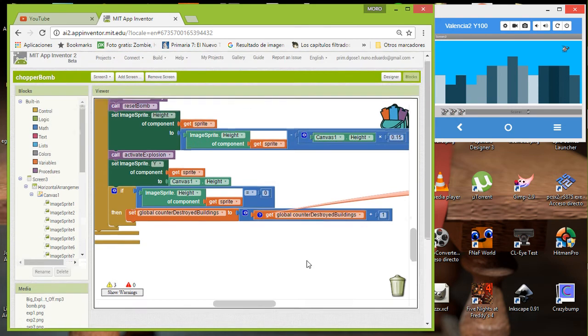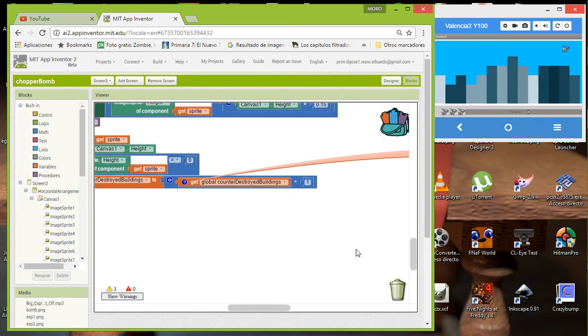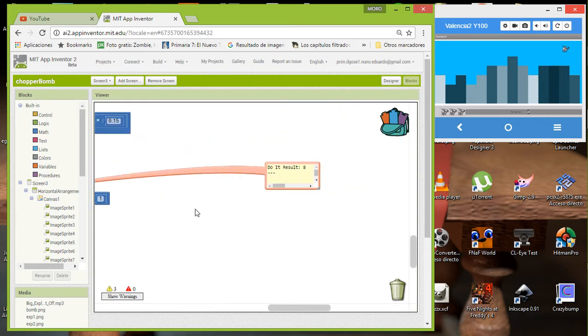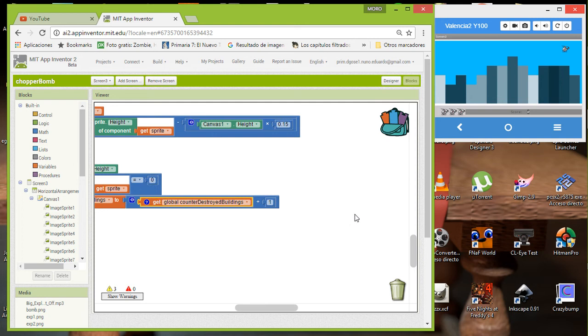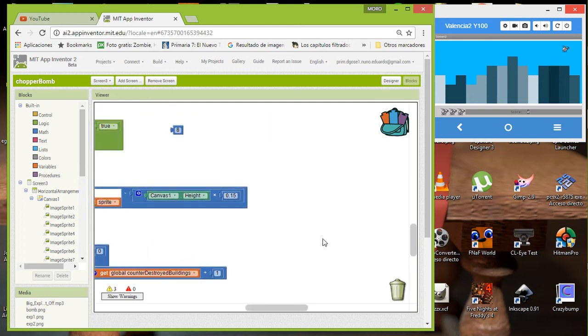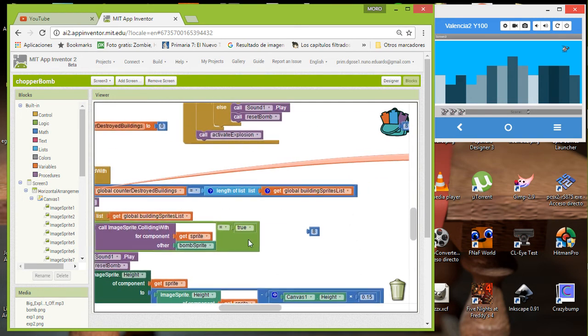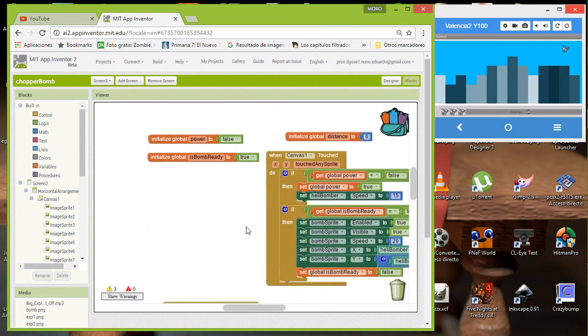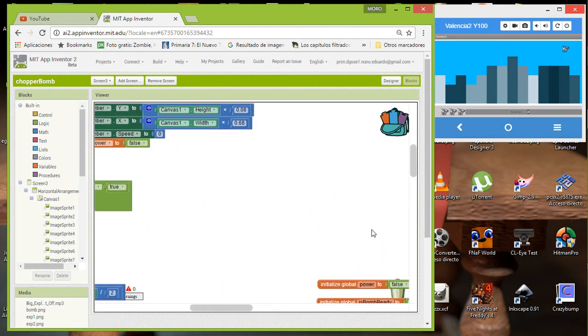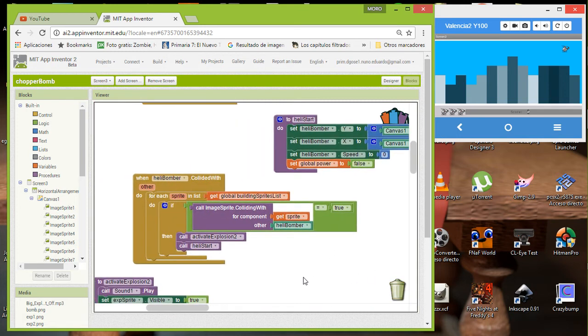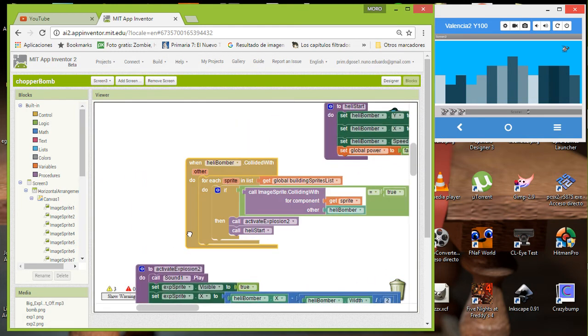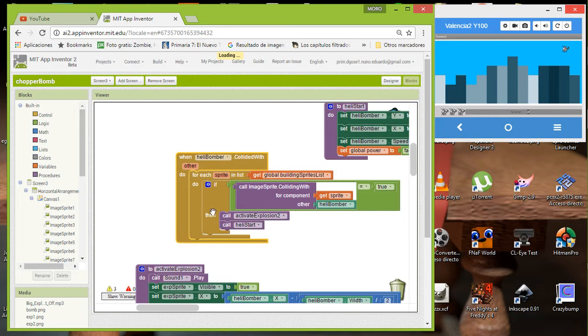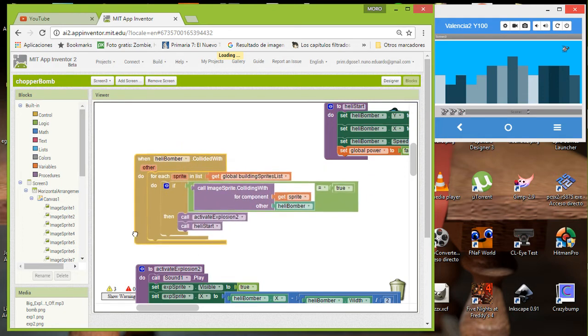And now we are going to start thinking about how to make this thing about lives first. So we're going to lose a life every time we collide, when the heli bomber collides with a building. So in this case, we're going to lose a life, but